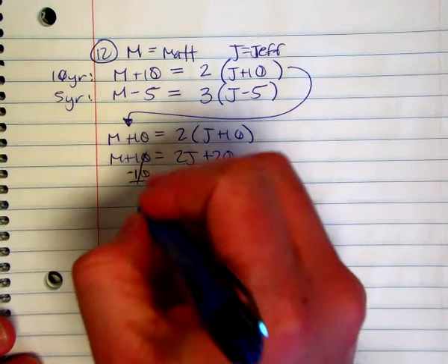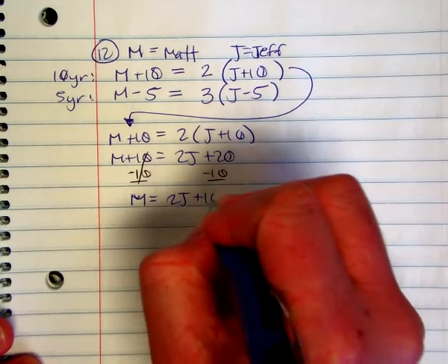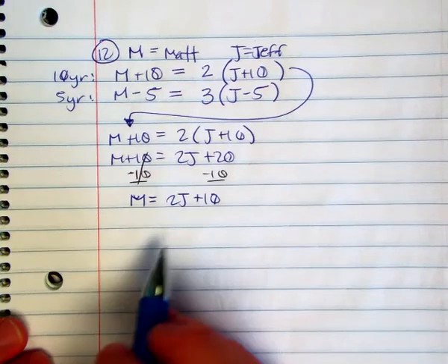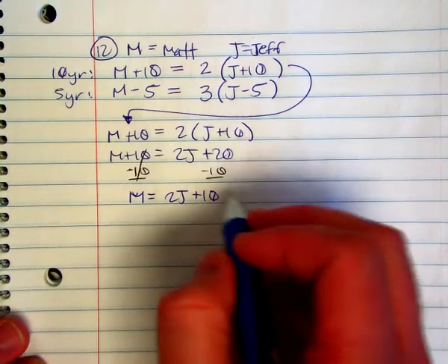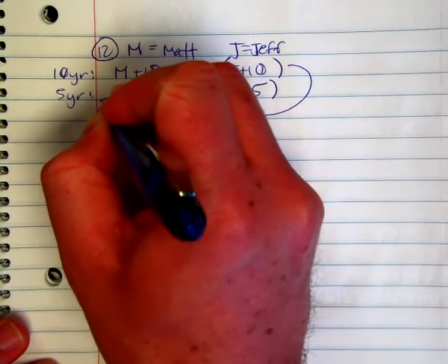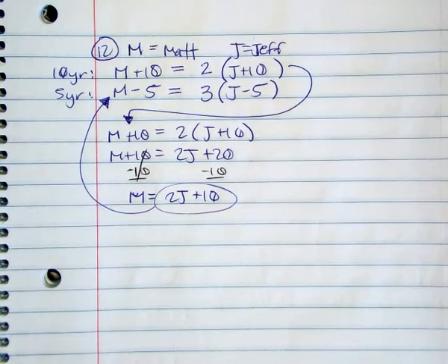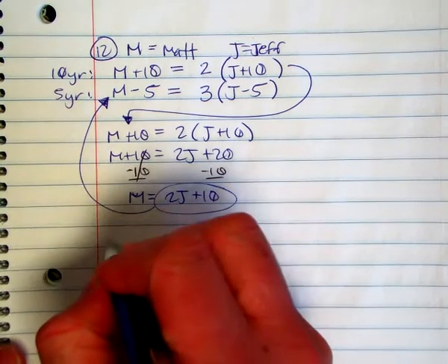So now I have m by itself. M equals 2j plus 10. I can take this now, m equals 2j plus 10, and instead of m, I'm going to plug in 2j plus 10 into the other equation. So instead of m, I'm going to write 2j plus 10